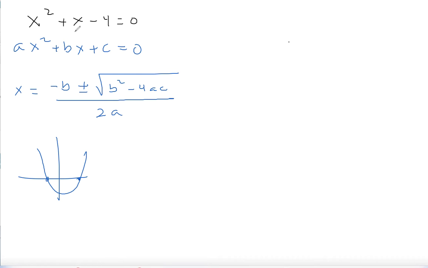Okay, so for this one, a is 1, b is also 1, so those are the invisible ones in front of those x's, and then c is negative 4. And so we'll just plug all that into the quadratic formula here and see what comes out. So b is 1, so that would be a negative 1 because of the negative in the formula, plus or minus